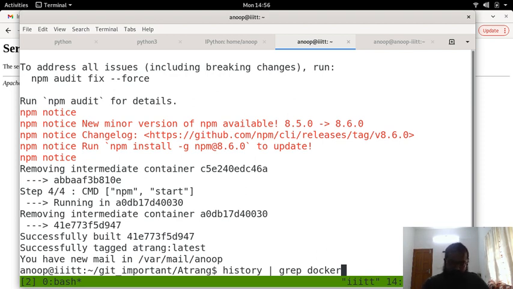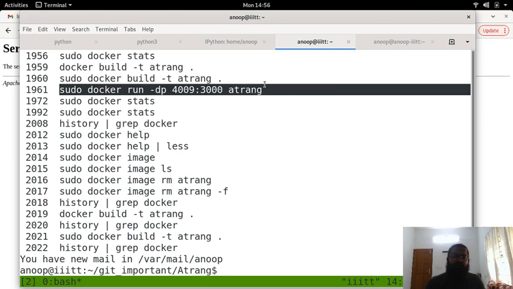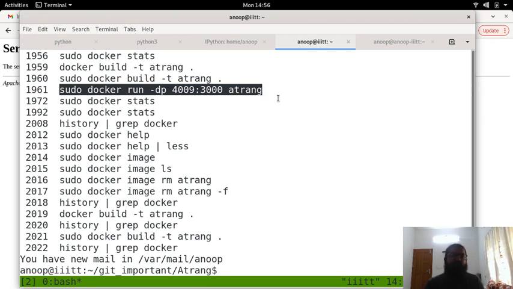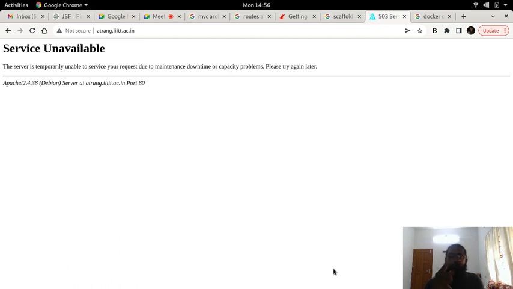So when I had to run the Docker, the next thing I do is npm start, which generally starts that server on port number 3000. So here I am running the Docker image Athrang, and I am manually doing a port forwarding. That's where I told you there's something called networking also that is present here, because on my system, port number 4009 is where I am running Athrang. Which means that right now there is no application that is bound to port number 4009, and that is the reason why it is showing as service unavailable.